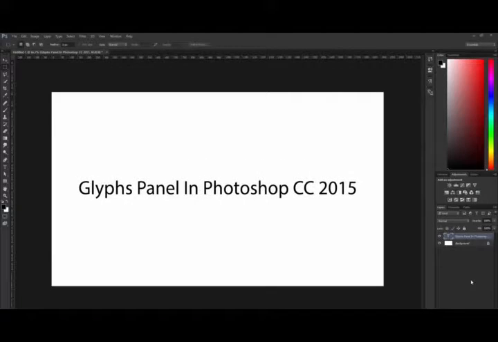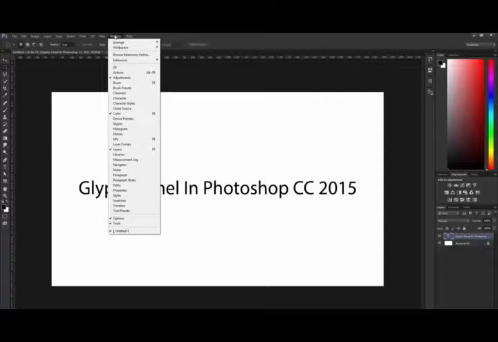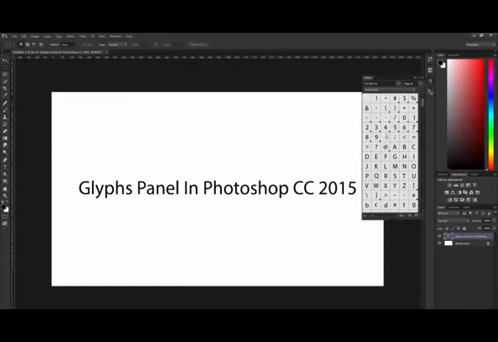A new addition to Photoshop CC 2015 that designers are going to enjoy is the GLYPHS panel. It's very similar to the GLYPHS panel in other Adobe applications like InDesign. To bring up the GLYPHS panel, you need to go into Window and click on GLYPHS. Then the GLYPHS panel comes up, and what you can do with this panel is look at all the characters